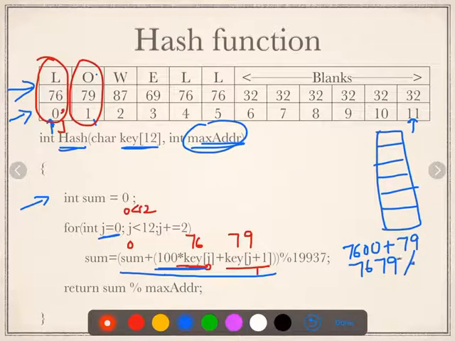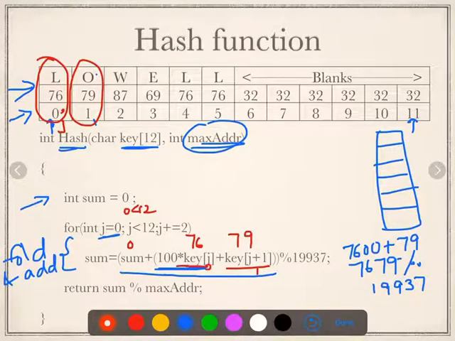As we saw, we want to make sure that it does not cross the maximum int value. So you are doing a modulus operation. This part is just your fold and add. Each time you are going to do an addition and then a modulus with 19,937. Since it is not divisible, the value of 7679 will be stored as the sum now.